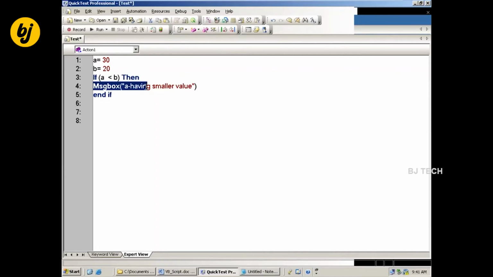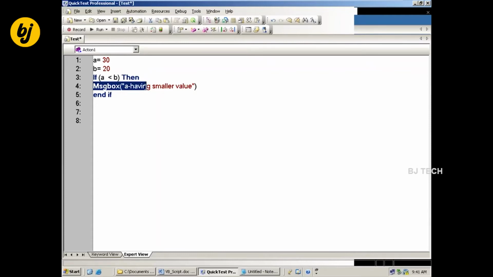Actually, we have three types of execution. One is sequential execution, where we execute one step after another. The second is condition-based execution: based on a particular expression being true or false, some block of statements executes.